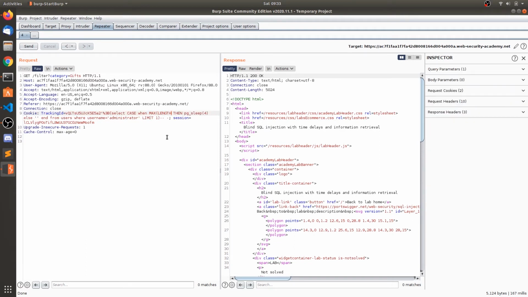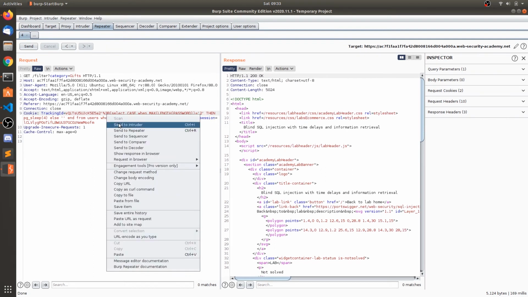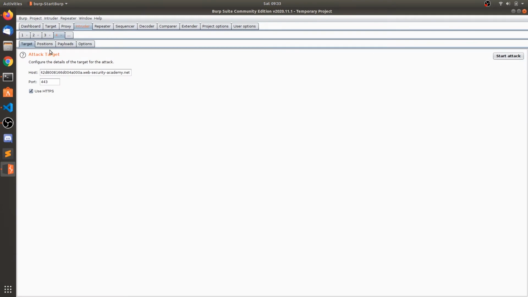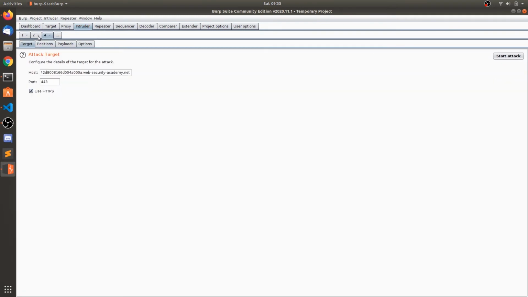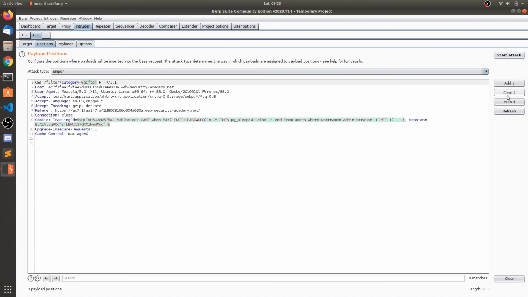Max of length of password is equals to, let's say 2, and send this. Okay, now we got the immediate response, so that means length of the password is not equal to 2. So let's send this to Intruder. Clear all positions.